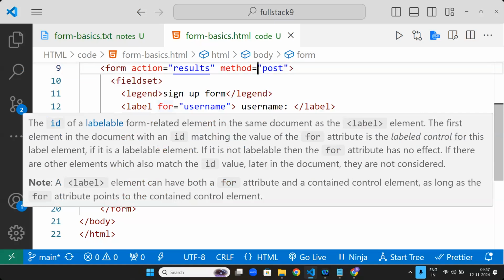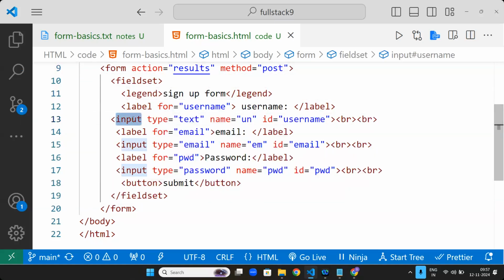Next, we used input. Input type equals to text. When you use this, one input box is created.